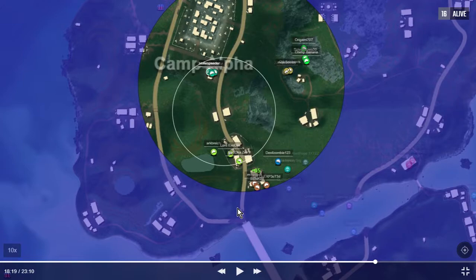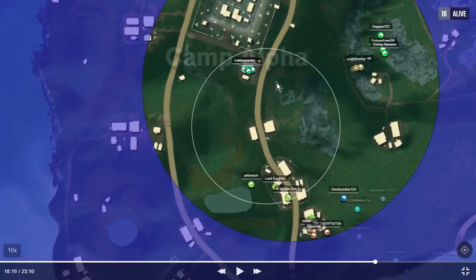Now, I am very well aware the chances of the next circle being on us are pretty slim, it's probably not going to happen because we're on the edge, but we are still in. And as you can see, these teams are probably going to bump into each other. Those teams are going to bump into them. So if we take it forward,